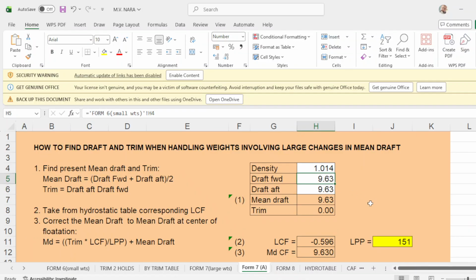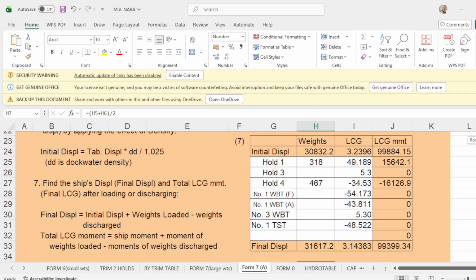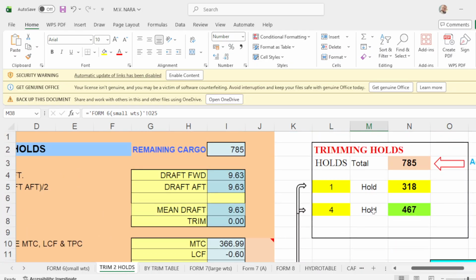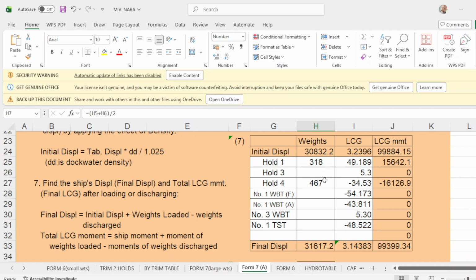Put here 9.63 even keel of 9.63. Okay, then you scroll down, you put now the weights in hold number 1 is 318 and number 4 is 467. 318 and 467.